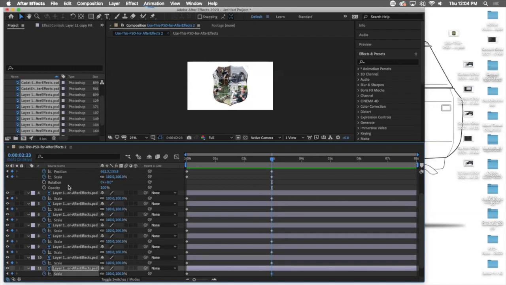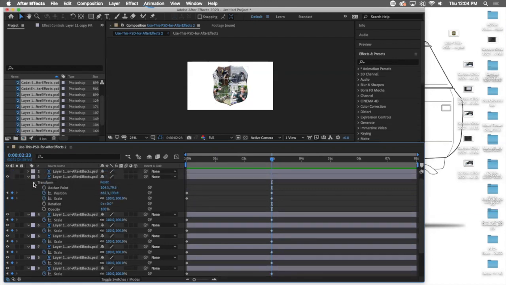Now while I'm here, because I'm planning ahead, let me just give you the spoiler alert. What I want is for these pieces to be out, and then I want them to come in. But as they're coming in, I want them to go from being large to the proper size. And I also want to make them rotate. So we're going to do 3 changes: scale, position, and rotation. So we've set up the scale. Now I'm going to come back